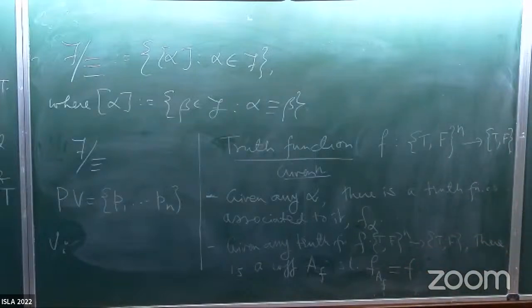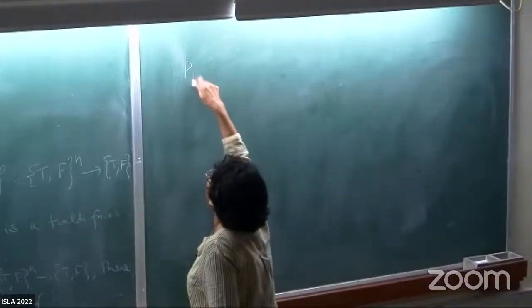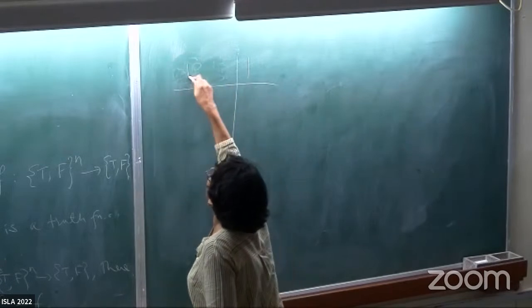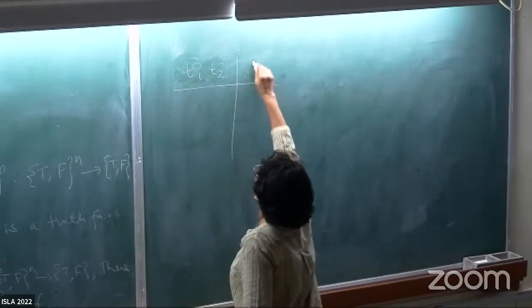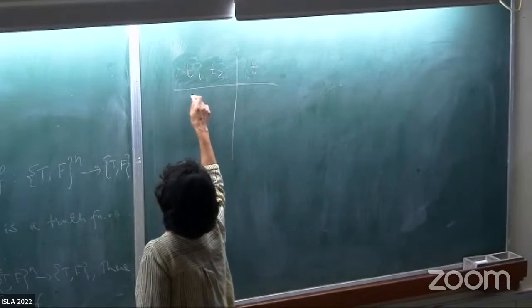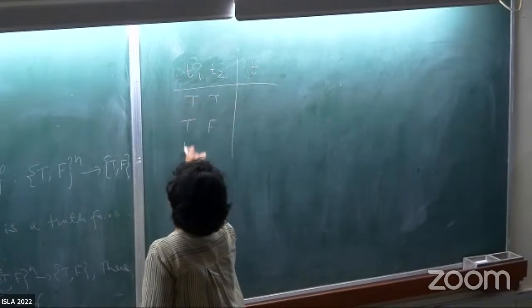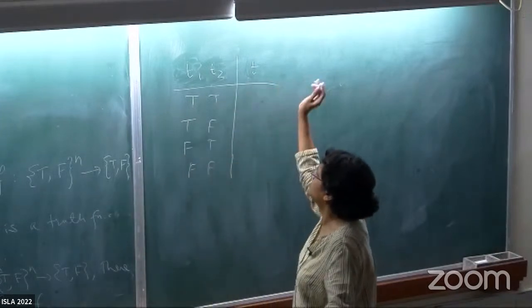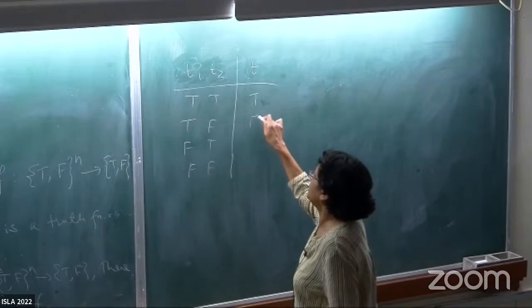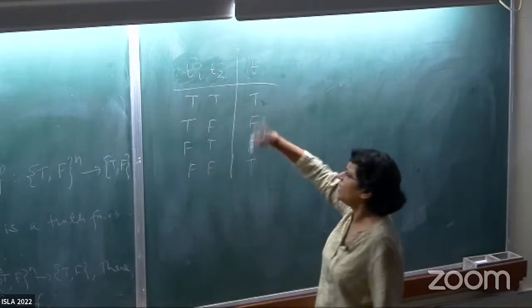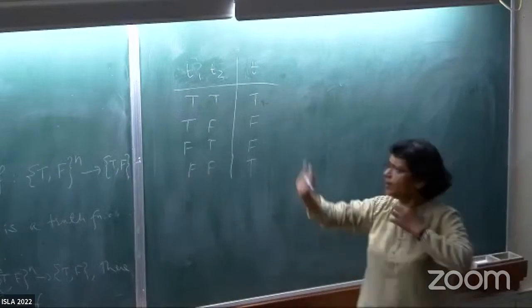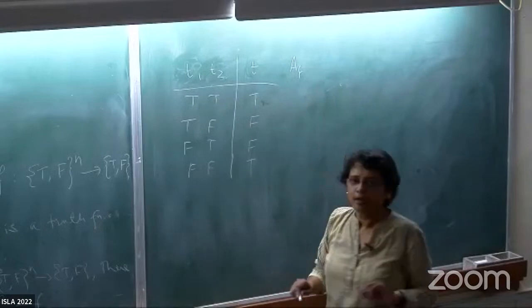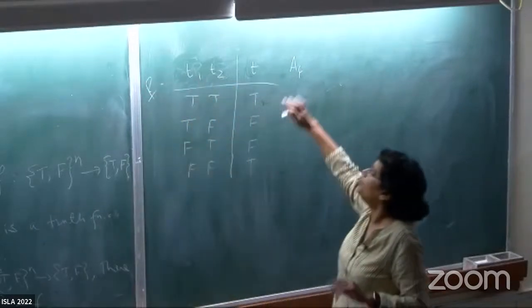So suppose you're given a truth function, right? You have P1, P2, and the last column is T, let us say. So you have all these 4 rows, and you have some values here, I don't know what, so it could be TF, ST or something. I don't know if it defines any familiar formula. I don't care about that for the moment. But the way we will get that AF, so this is my F, would be that